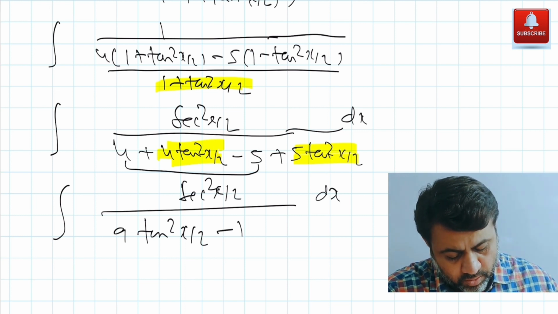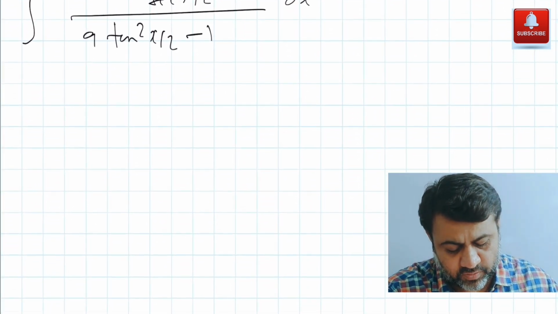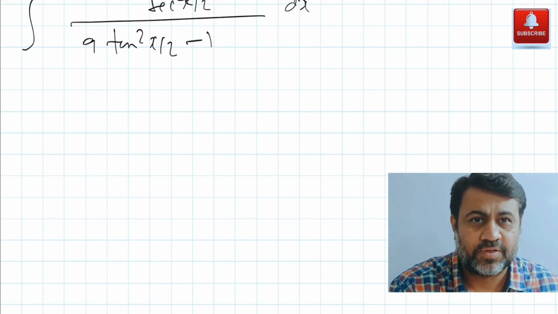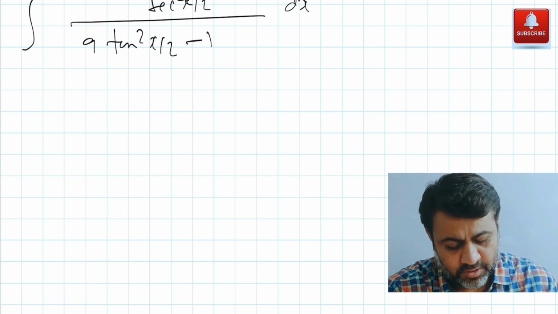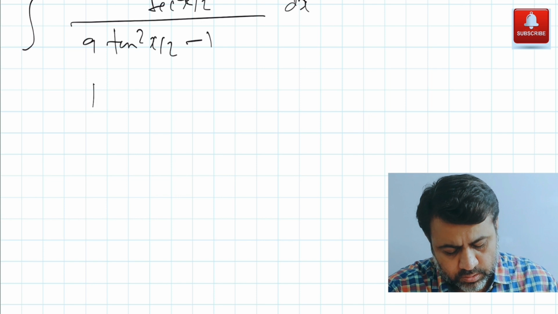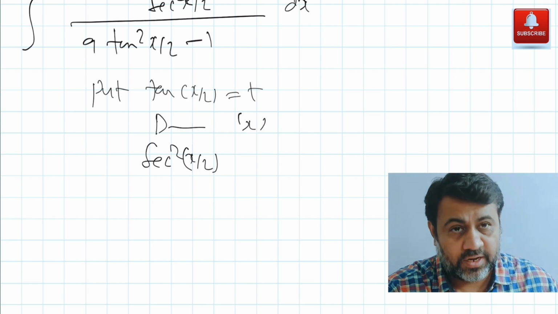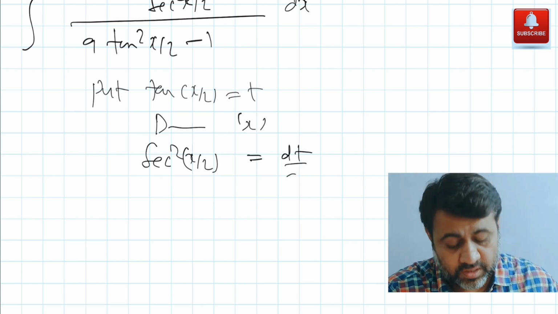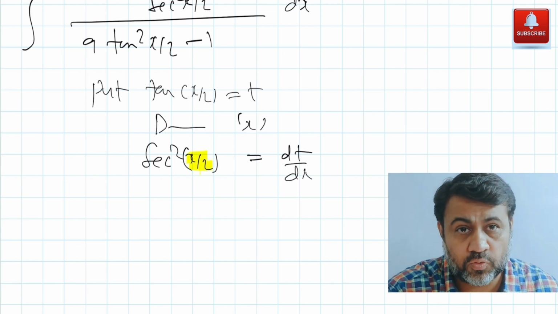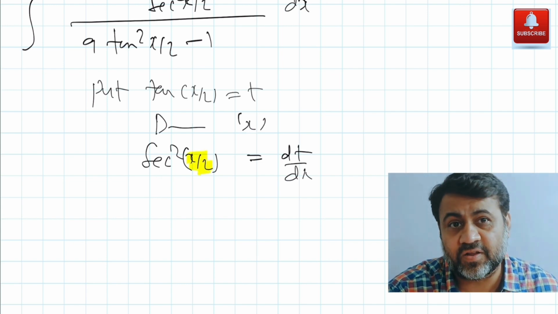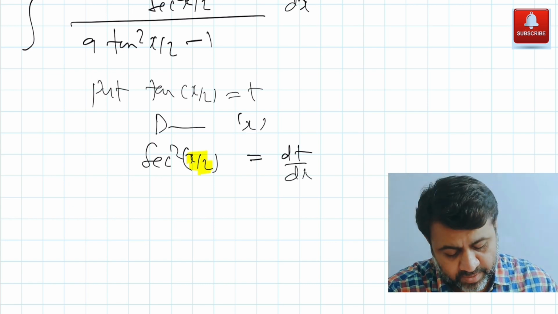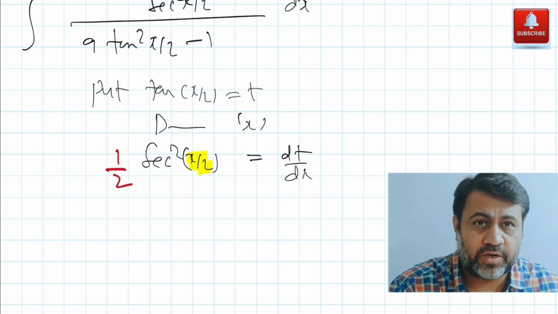dx. Now our problem is very simple. Now we just want to integrate sec square x by 2 upon 9 tan square x by 2 minus 1. Now this is going to be a very simple substitution kind of question which we have done previously also, right? So what I'll do here is I'm going to put tan x by 2 as t. Now if I differentiate with respect to x, the derivative of tan x by 2 is sec square x by 2, and derivative of t is dt by dx. Obviously here one thing you need to take care of, that derivative of x by 2 has to be taken again, right? Chain rule. What is derivative of x by 2? It will be 1 by 2, so 1 by 2 sec square x by 2 dt by dx.